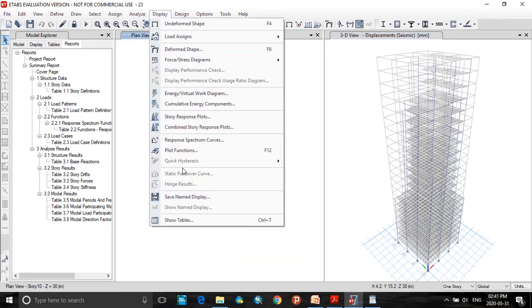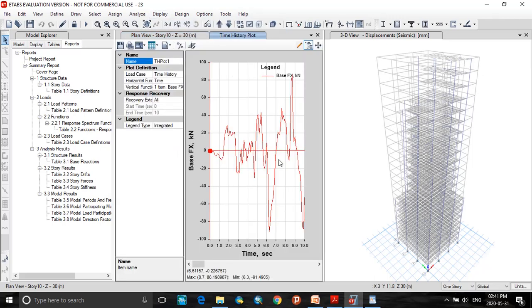Now go to display, go to plot functions. So here you find max and minimum base shear force for different time intervals. So here maximum is 86 for 8.7 seconds.